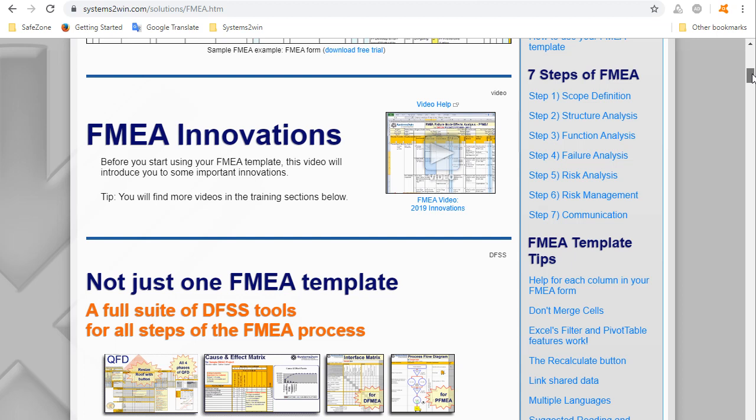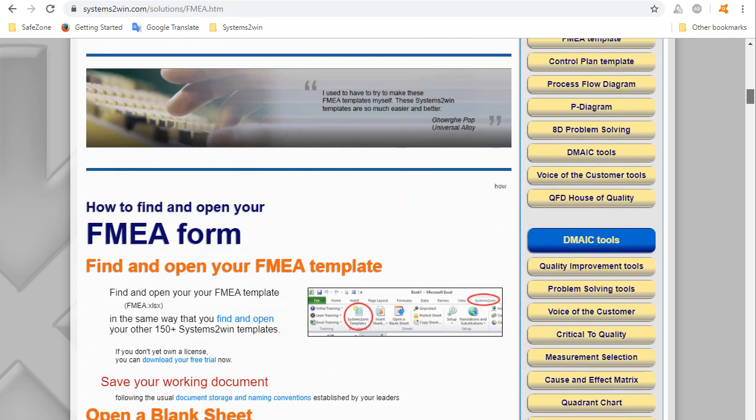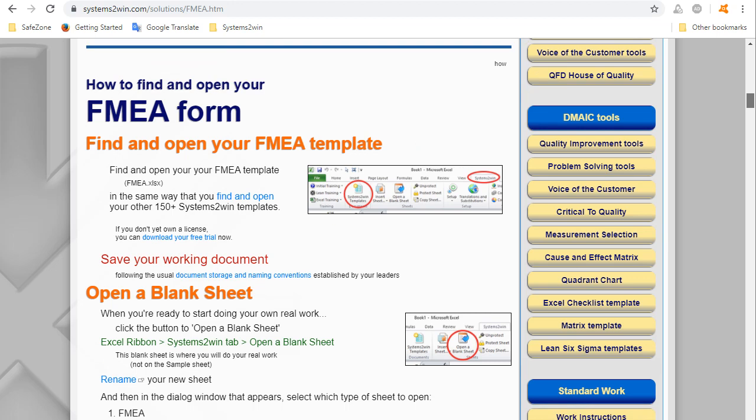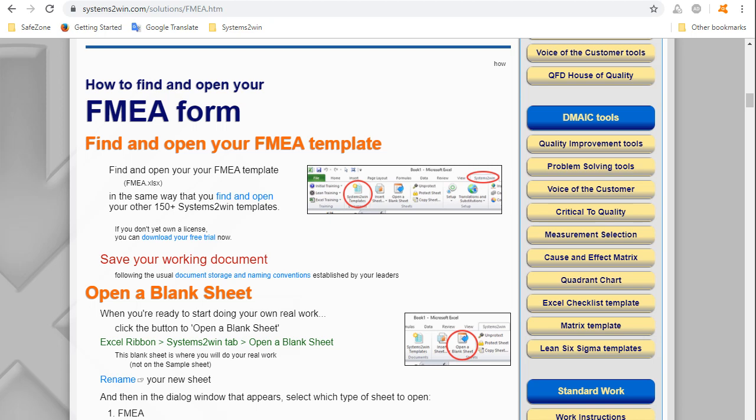And we can either click that link in the table of contents, or we can scroll down, because before we even start with scope definition, we're going to first pause here for a moment and learn a few things about your innovative FMEA template. You open your template the same way that you find and open every one of your Systems to Win templates.